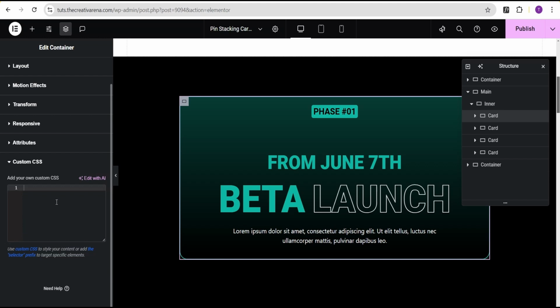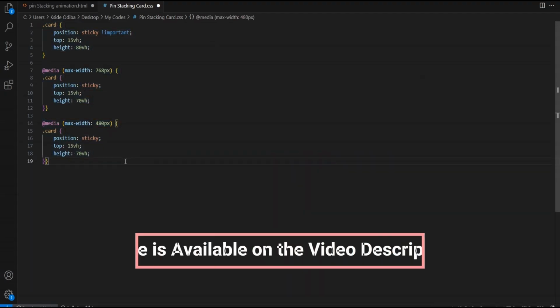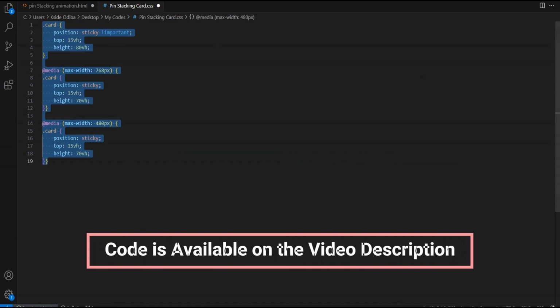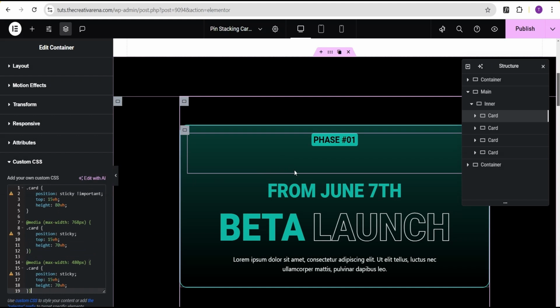Okay, so now I'm just going to head over to my VS Code editor. We have written down the CSS code we'll be using. So I'll just go down here and then copy the code. This is the code here. I'm going to copy it out and then come over here and paste the code here. Now you can see that the code has been added, and now we have space above and then